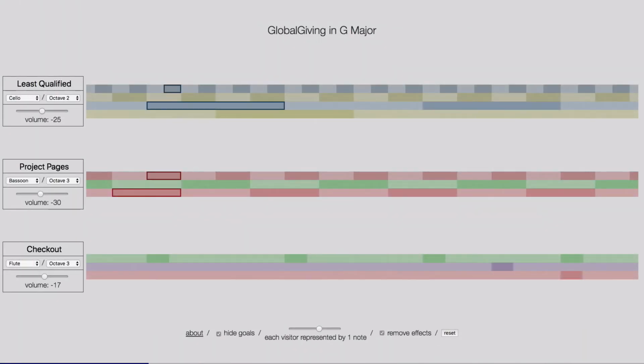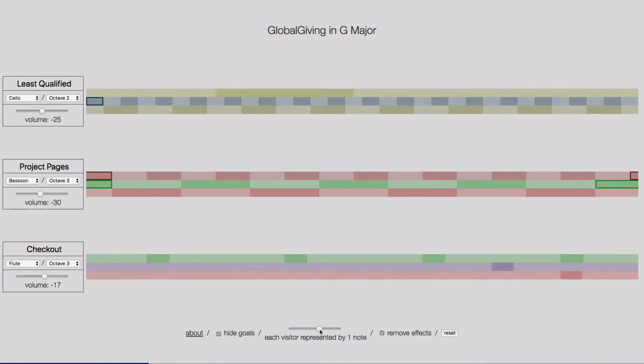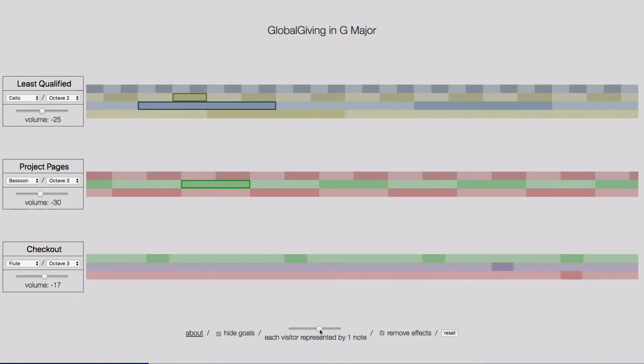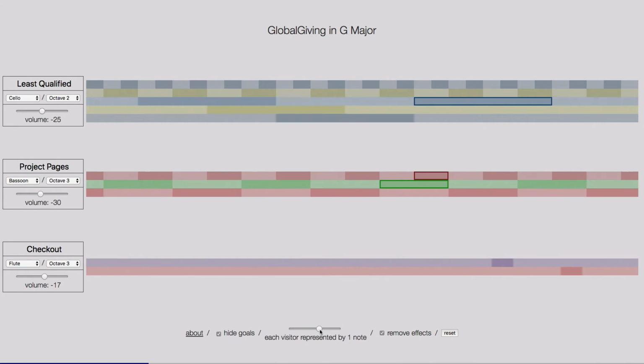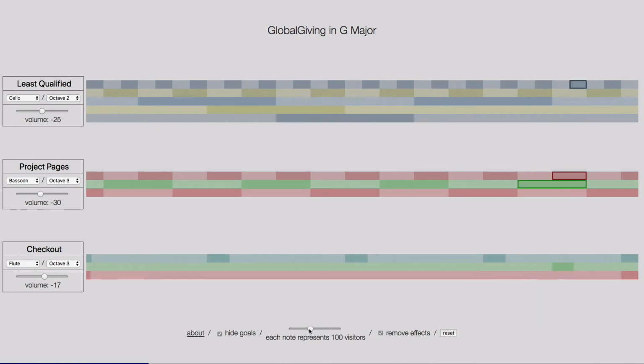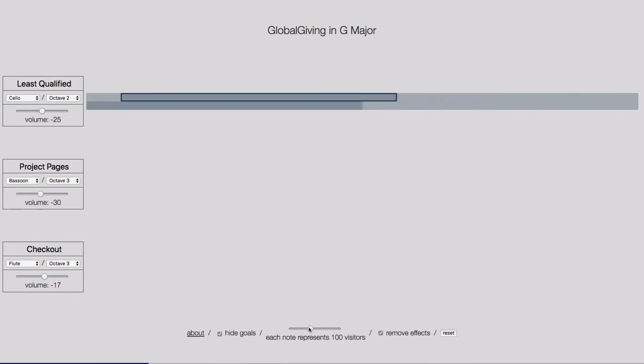I'm a little bit behind here, but I wanted to point out a function I added here, noting that the numbers I've been talking about so far are relatively small, and at busier times of the year for us, and if this was plugged into another company's data, they might have 10, 100, 1,000 times more data than this. So we can change the cadence that's happening, and instead of one note for each visitor, we can say one note for 10 visitors or 100 visitors or anything like that. I'm just going to restart when I do that.